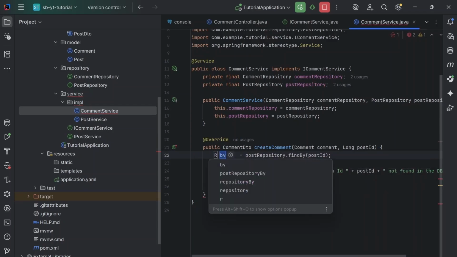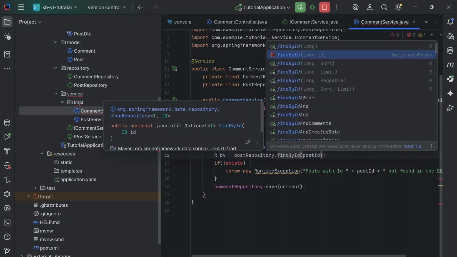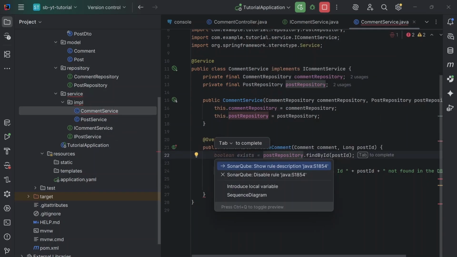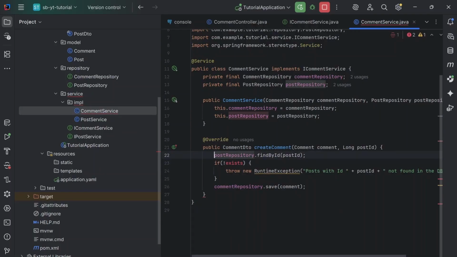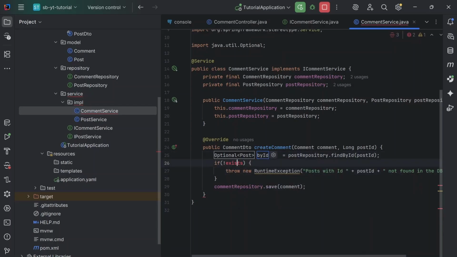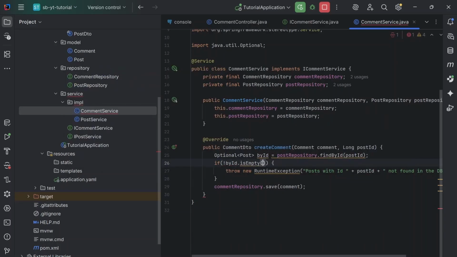Introduce local variable. Oh no, it's findById. The local variable is an Optional, postById, and if postById.isEmpty, that means just throw a new exception. Otherwise,